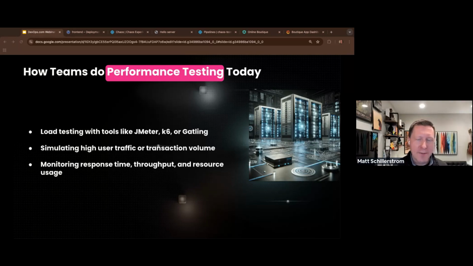When I worked at Target, we had hoped that application teams could use one or two tools, but it seemed like they had to use the whole gamut based upon what programming language or infrastructure they're running on, which is totally fine. There are definitely some great tools out there for load testing, simulating high traffic and high transaction volumes. When I worked at Target, we simulated hundreds of thousands of orders per hour on Target.com to see if our system was scaled up enough, right?